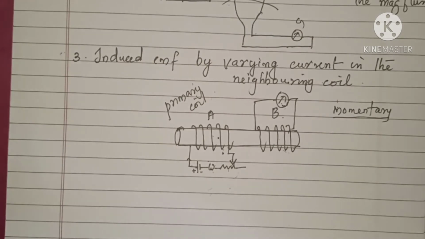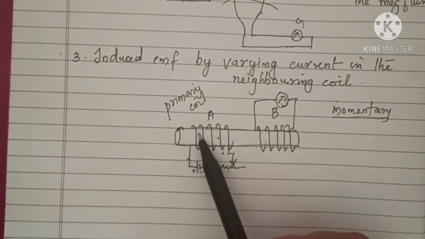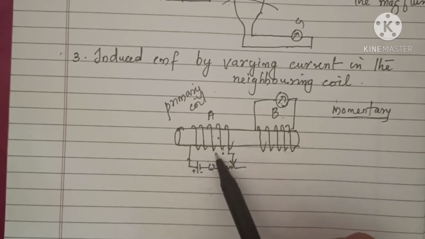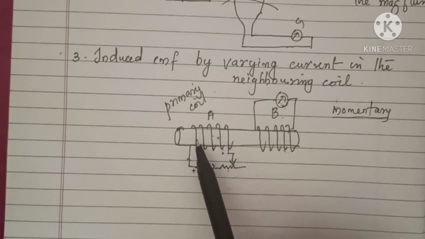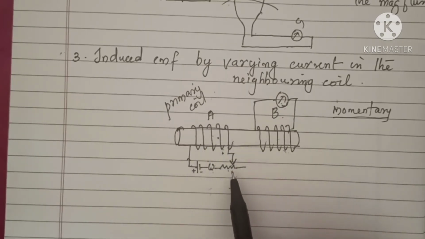That means you have noted so many observations, like momentary deflection in two cases, then no deflection. So what happens on increasing and decreasing the current in the primary coil? How can you explain these things? So listen to the explanation. When a current flows through a coil, it creates a magnetic field, which you have studied from Oersted's experiment. That is, a current-carrying conductor is able to produce a magnetic field. So here, when a current flows through a coil, a magnetic field gets associated with it.